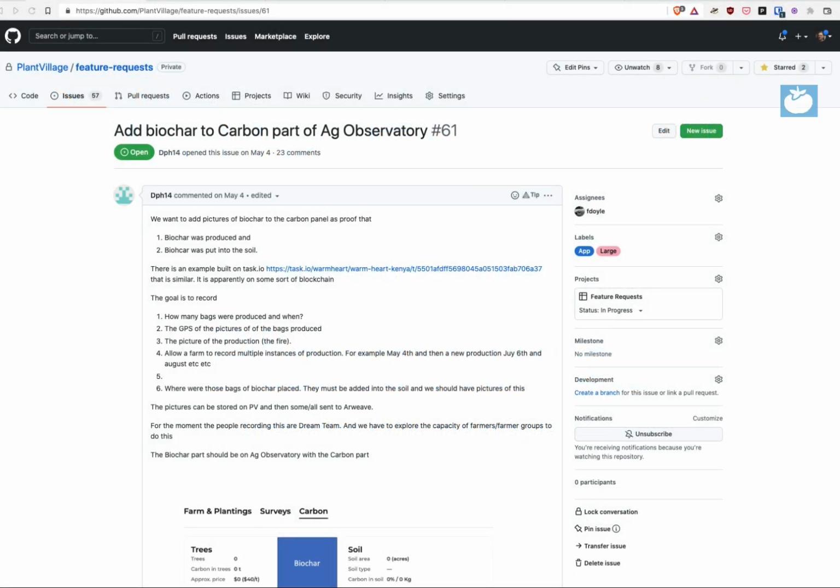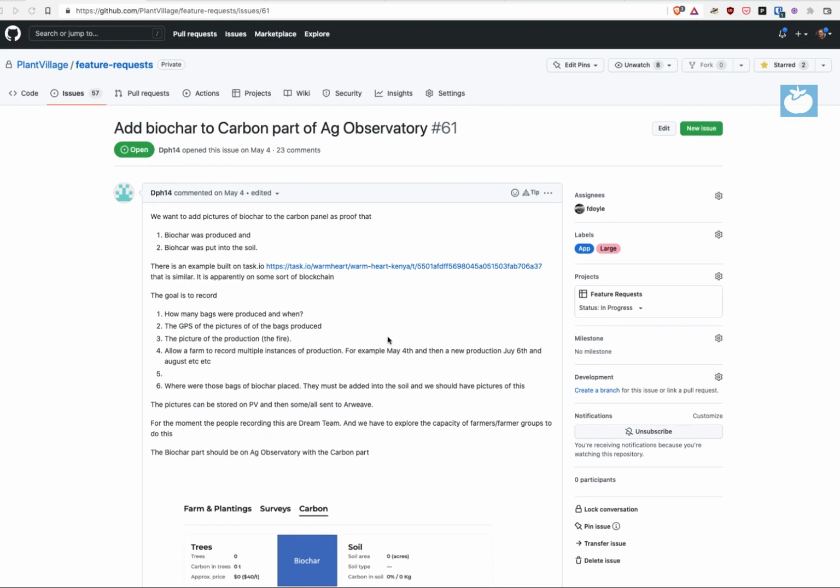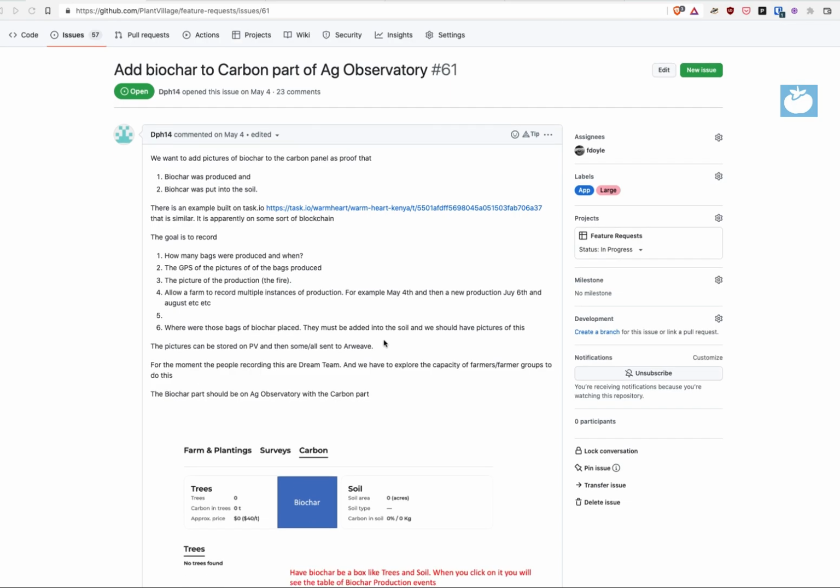Hello, I'm going to give an example of how we do feature development on PlantVillage. This is a ticket in our GitHub issue board for adding biochar to our Ag Observatory product. A few months ago, we received a request to begin tracking bags of biochar that would be produced by